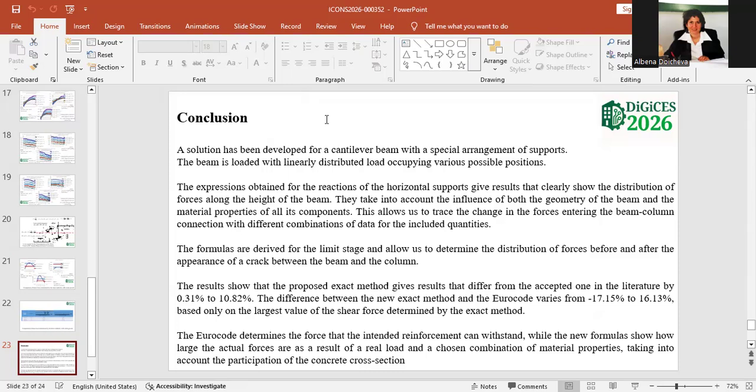The Eurocode determines the force that the intended reinforcement can withstand, while the new formulas show how large the actual forces are as a result of real load and chosen combination of material properties, taking into account the participation of the